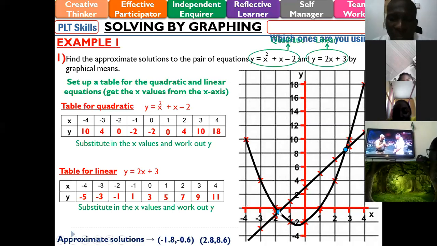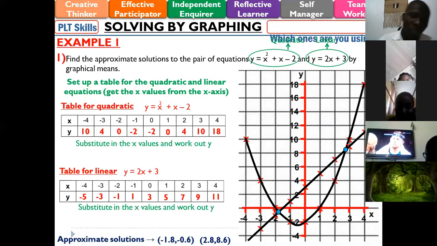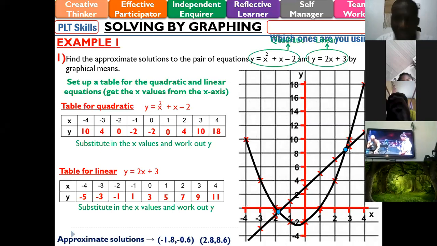Now, on the point of intersect, where 2 graphs pass through each other, when they cut each other, at that point you will trace it to the value of x and the value of y to get the point of intersect. Okay, now the first point of intersect,